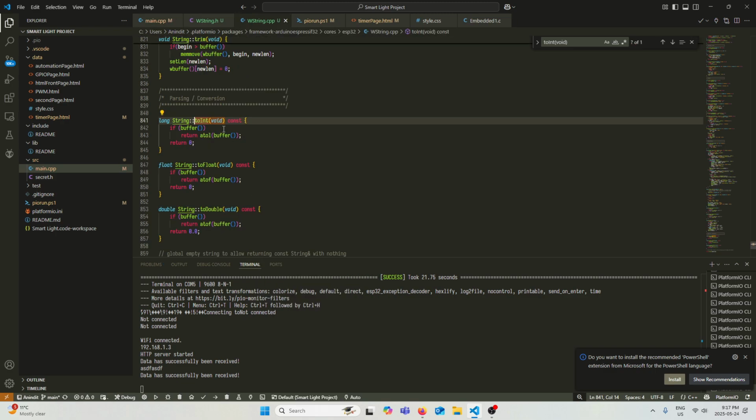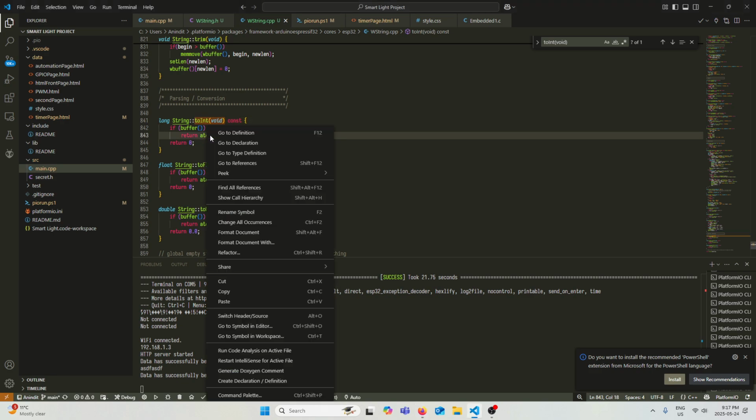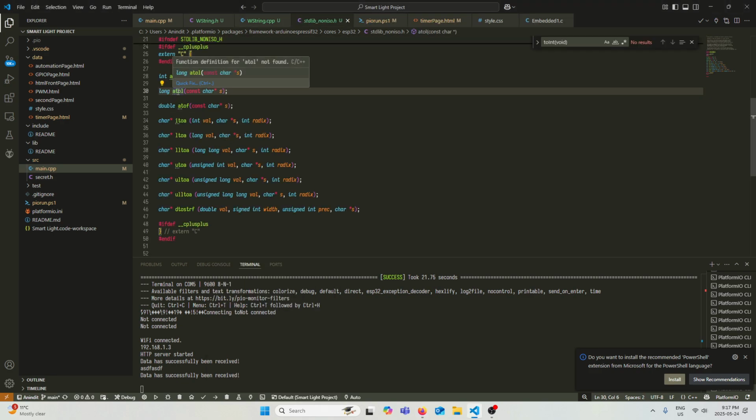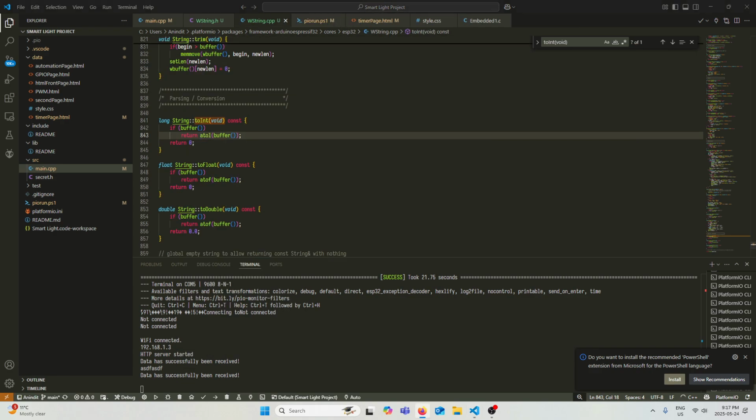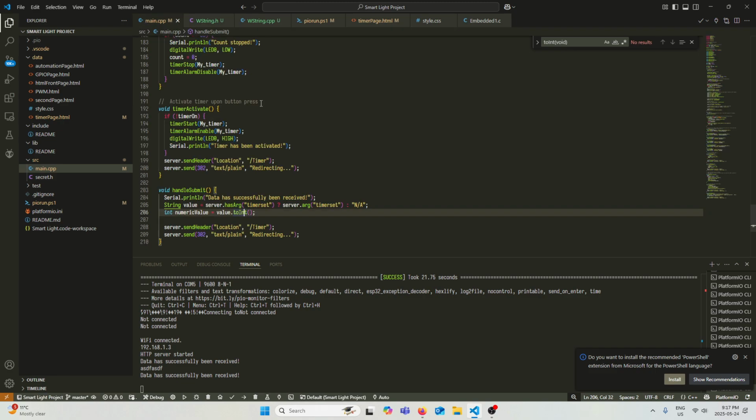So wait a minute, what is to int? Okay, yeah, this is the ASCII to long, right? Which should automatically cast it to integer. Oh, okay. I'm starting to see what's happening here. So let me consult my notes real quick. Let's go up to my LaTeX. Okay, so casting.